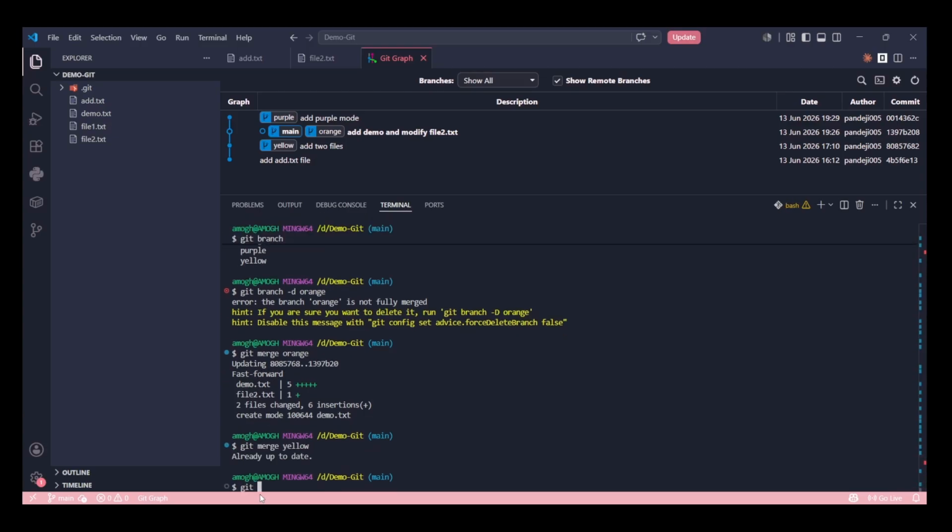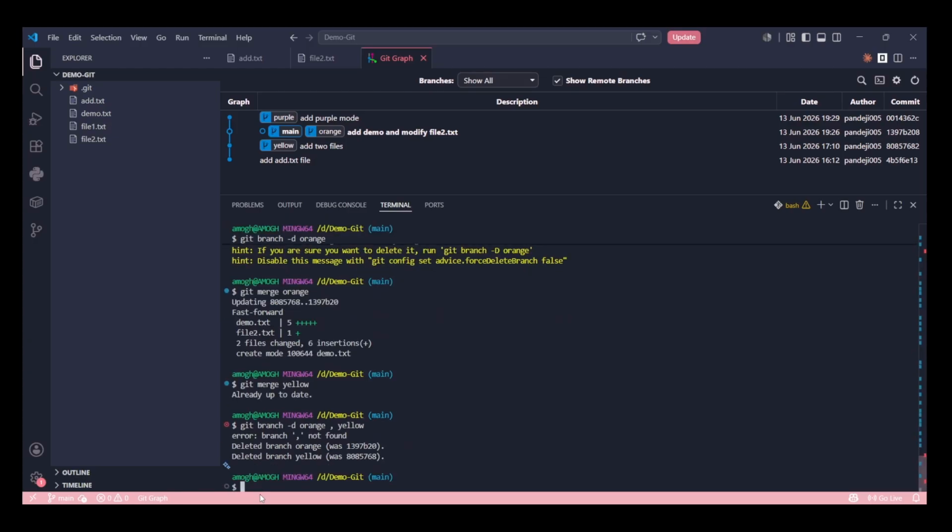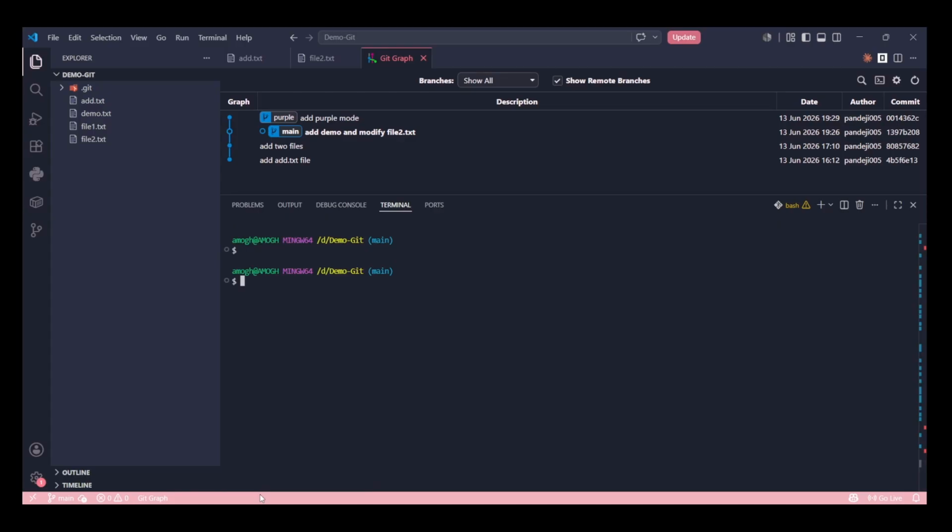Okay, now I'll remove this folder. Now if I look here, there are only two branches: we have a main branch and a purple branch.